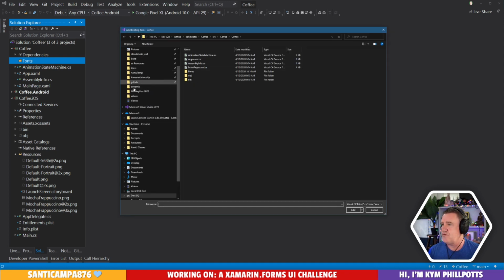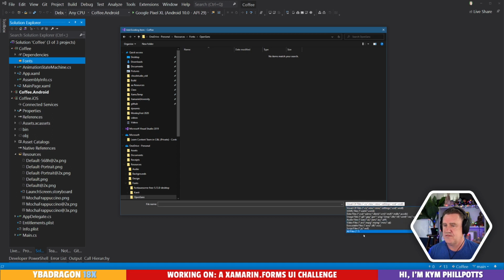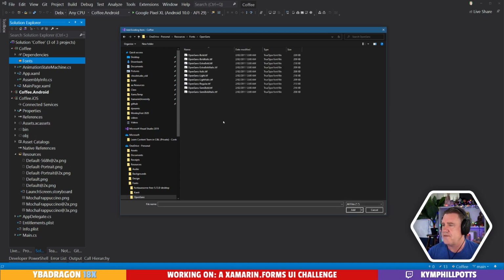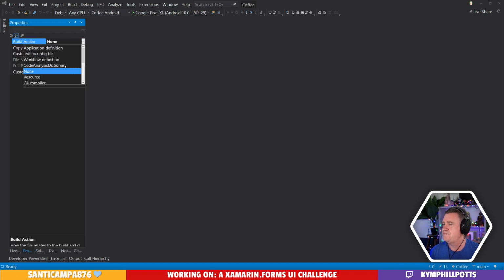Somewhere, normally I have this folder full of fonts. These are the ones that are most often used. Okay, so what do we want? Semi-bold and light, I think. Beautiful. Bring those in, make those puppies embedded. Lovely.